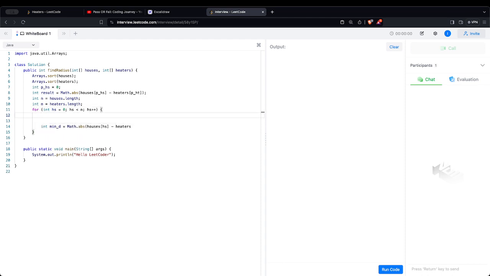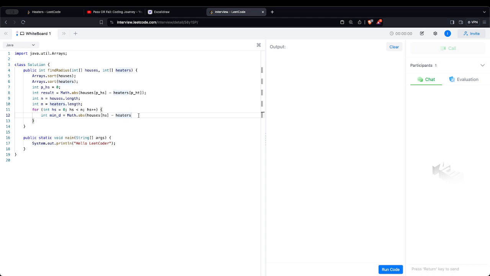okay, then we need to do while heaters[pointer heater]. Let's say the heater pointer starts at 0 and the house pointer at 0, and then while the heater pointer plus 1 is less than m minus 1,